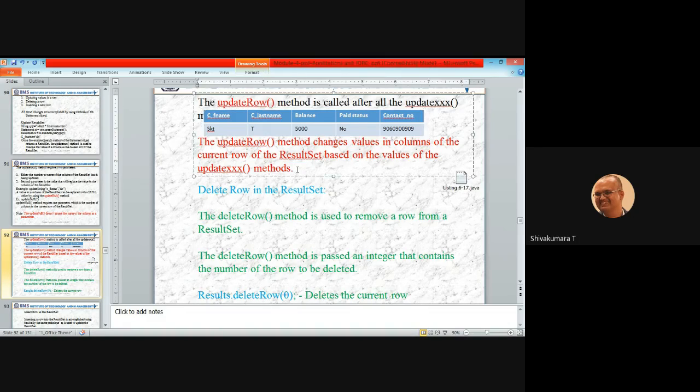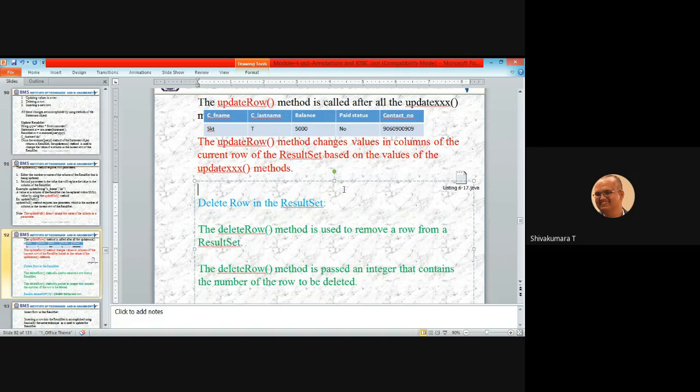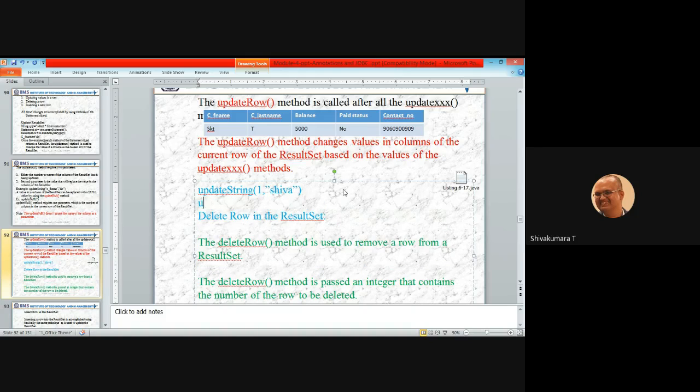Suppose I am using updateString. Either you use the positional index, 1 comma the new value, and I am updating Shiva. The second value, I am updating the contact number, which might be a string representation.